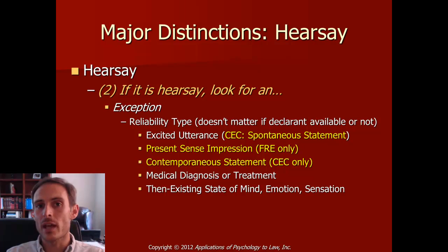Now we're at our fourth category, reliability type, and our fifth and final category we'll talk about next will be the documentary type exception. Now these grouping names themselves are not terms of art, and you're not going to want to headnote those on your essay. The things you're going to actually want to headnote for your grader are the specific exceptions themselves.